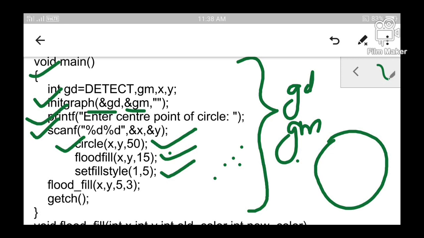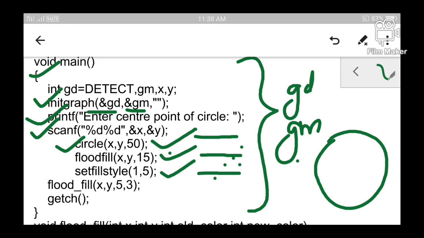So altogether three functions are there. The first function is the circle function, which draws the picture. The second function specifies where to start and where to stop filling. The third function specifies how to fill and which color is used while filling. So up to this portion we have drawn a picture and we have filled the interior region of that picture.